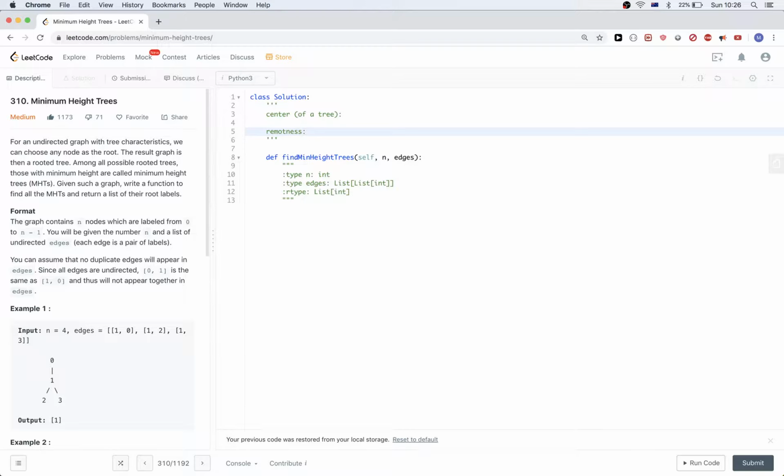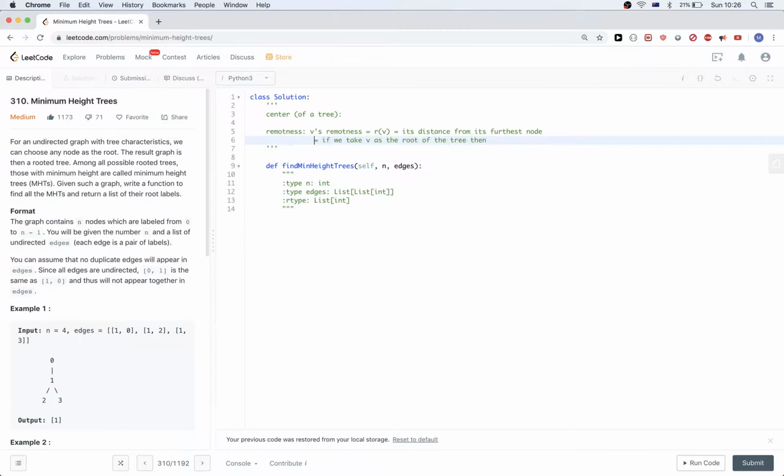What is remoteness? It's the remoteness of V. A vertex V's remoteness is its distance from its furthest node. And this is kind of equivalent to, if we root our graph at V, then let's call this R of V, like a function. So if we take V as the root of the tree, then the height of that tree